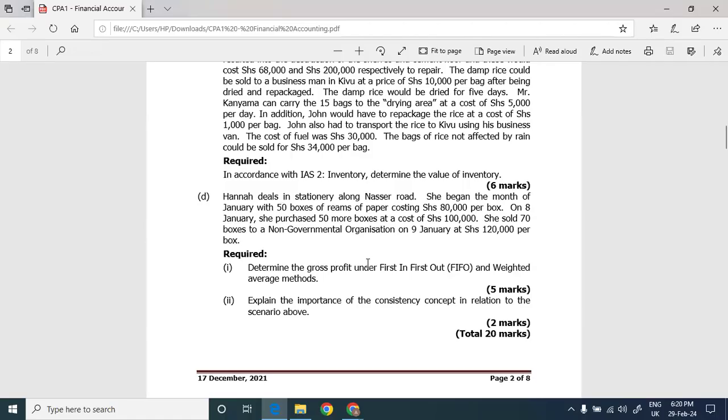So they are telling us that Hannah deals in stationery along Nasa Road. She began the month of January with 50 boxes of ream of paper costing 80,000 per box. So I told you, when you read a sentence at first, reading the second sentence will take you to confusion because many things will start coming to your head without knowing what you are supposed to do. So what we do,